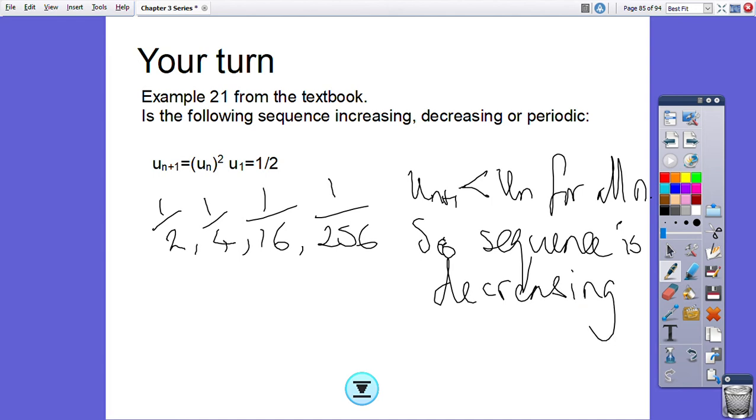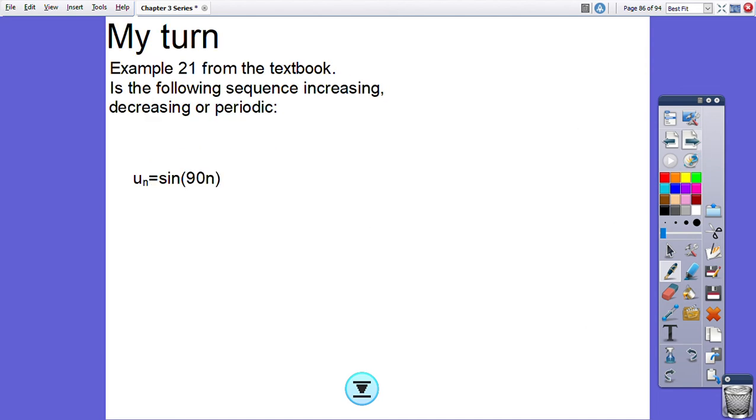Right, we've got another example here, also from the textbook. You can almost guess what's going to happen here just by the fact that we've used up increasing and decreasing. But let's have a look at this example here. It's not produced iteratively. We just stick in n is 1, n is 2, n is 3, n is 4 to generate our terms. So if we stick in 1, then we get u_1 is sine 90 times 1, which